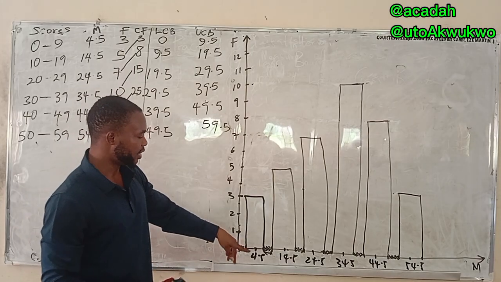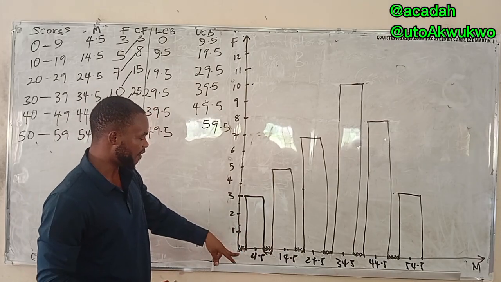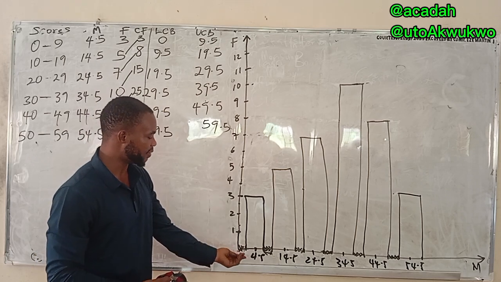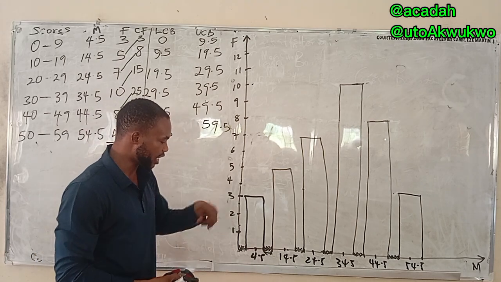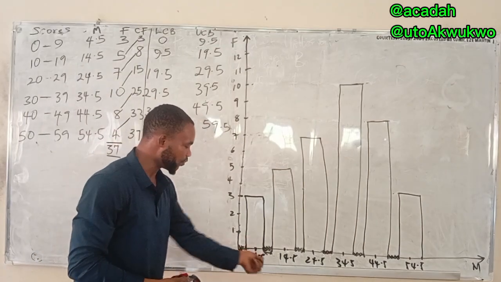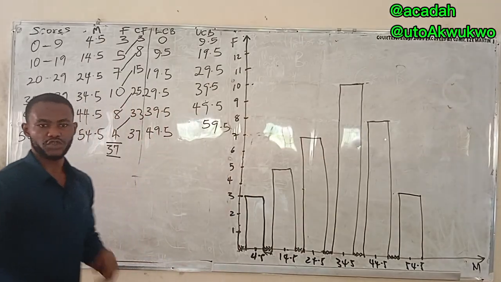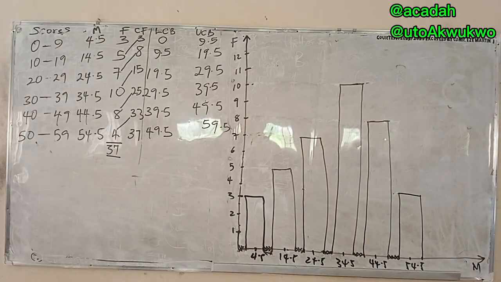And this one now, the difference between each one here is 4.5. So this one should be whatever centimeter you use is to 2 centimeters. Let's say me I'm using 2 centimeters is to 4.5 units. So don't forget that. So very simple like that. That is for bar charts.